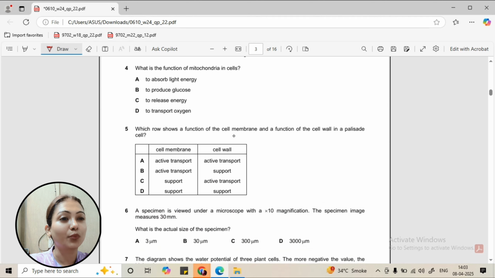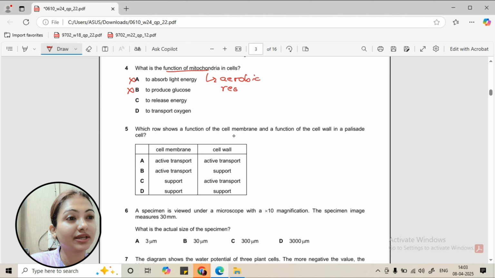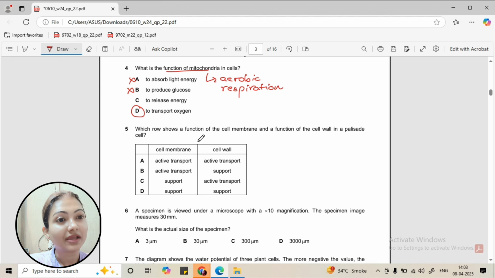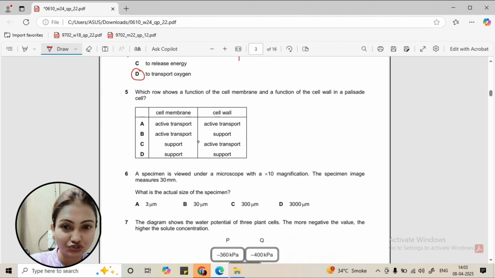Let's jump to the 4th question. What is the function of mitochondria in the cell? To absorb sunlight? No, that is a part of photosynthesis. To produce glucose? No, that is a part of, again, photosynthesis. The function of mitochondria is majorly involved in aerobic respiration, for which oxygen is majorly required. And hence, it will be neither to release the energy directly, it will be to transport the oxygen to the